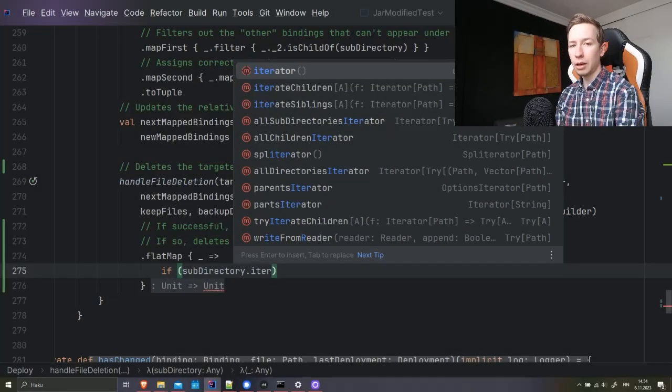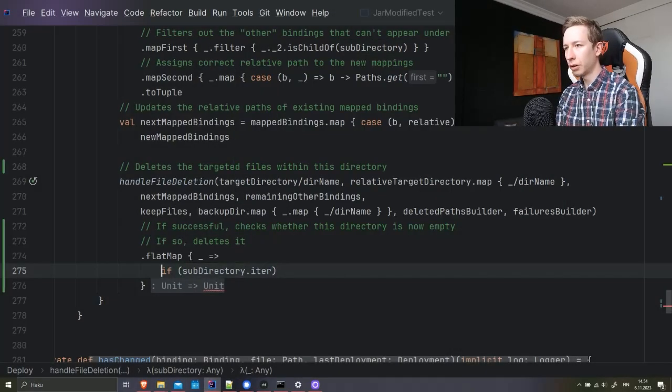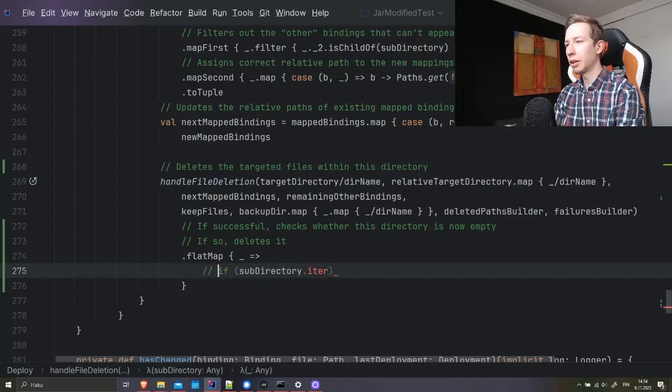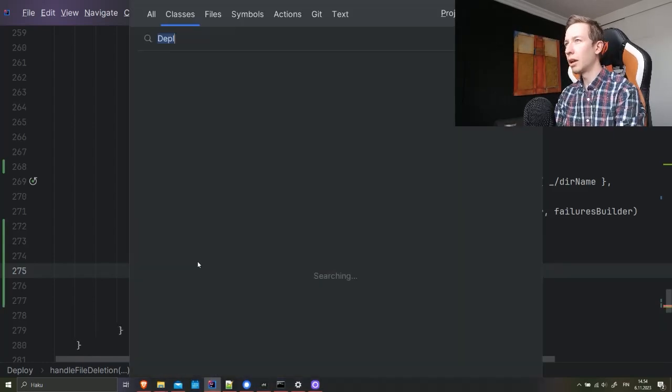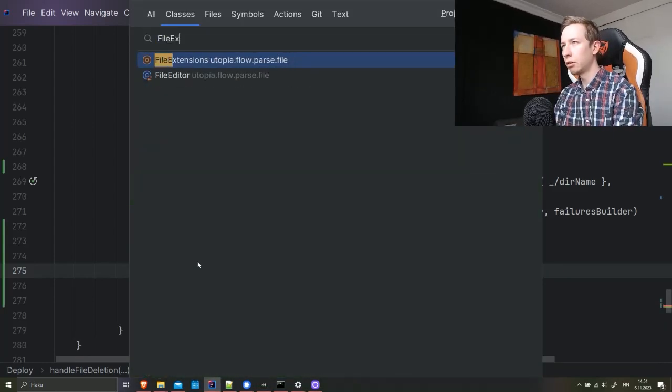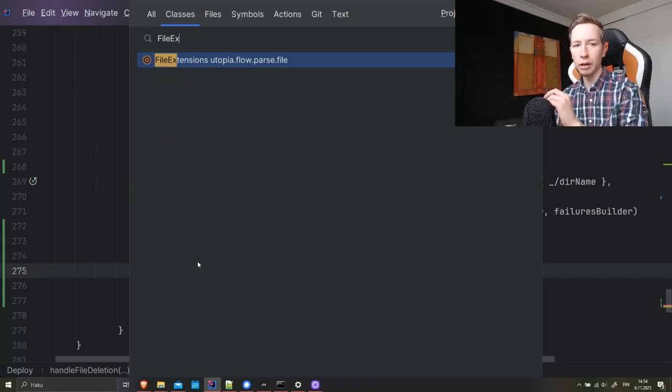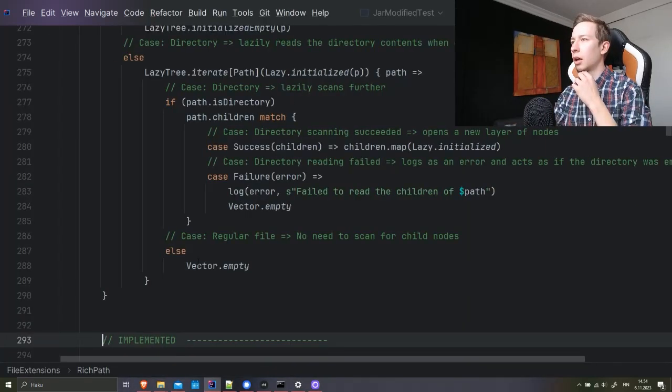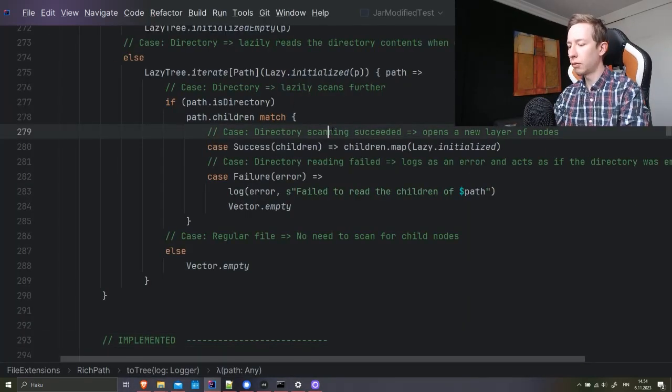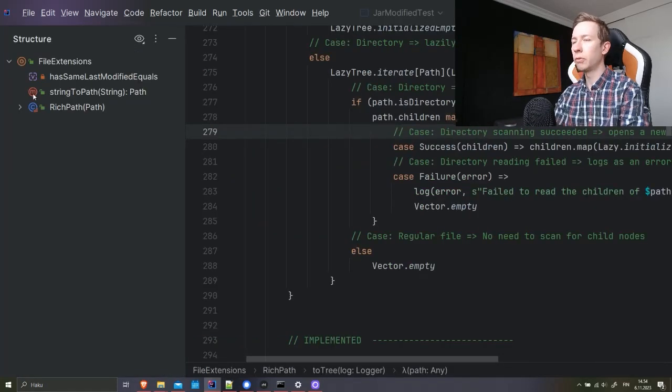We should add an isEmpty function. Let's just do that right now for fun. And let's go to FileExtensions. This is a file in my Flow module, a very useful module in my opinion. And in this specific file, we add a lot of new functions to the